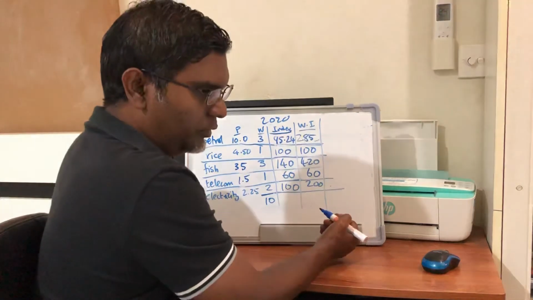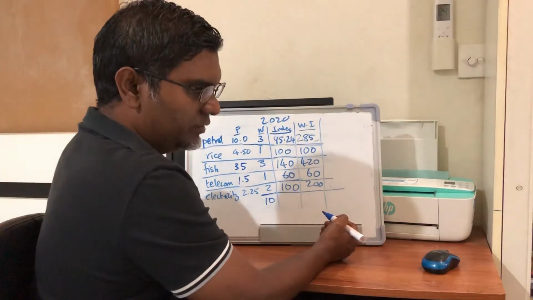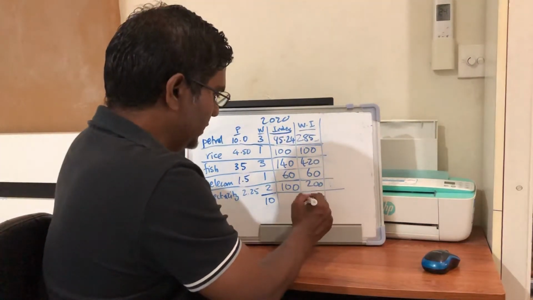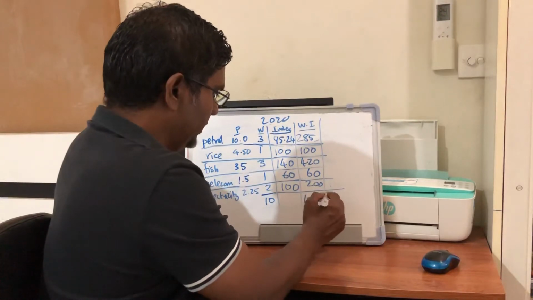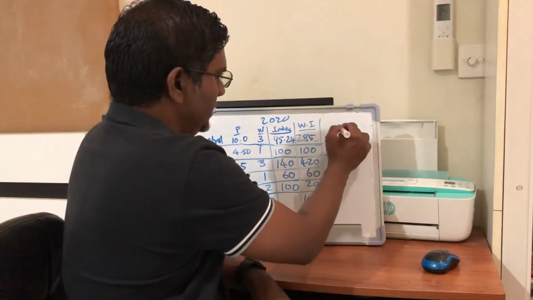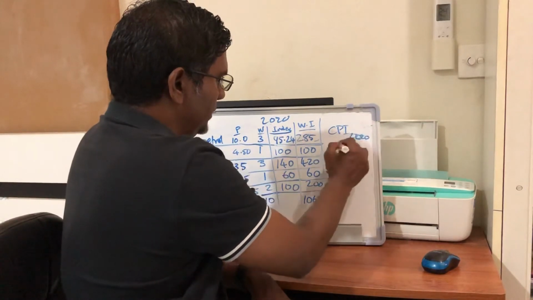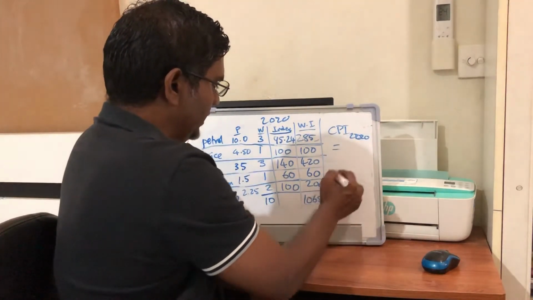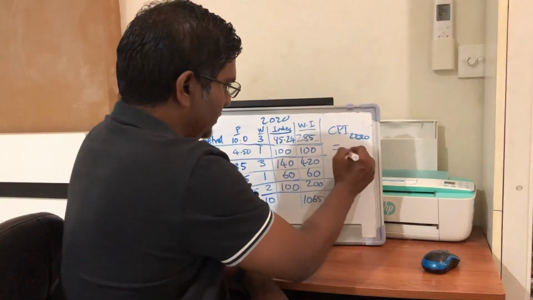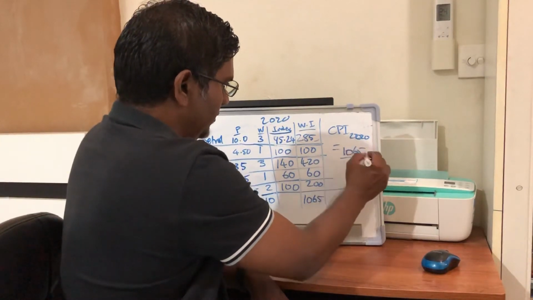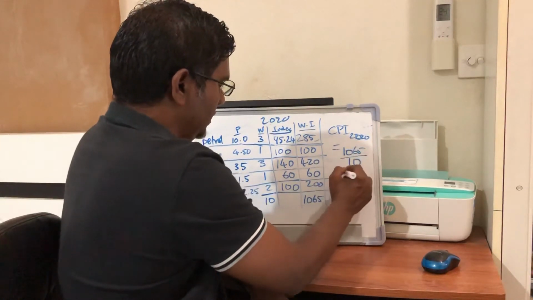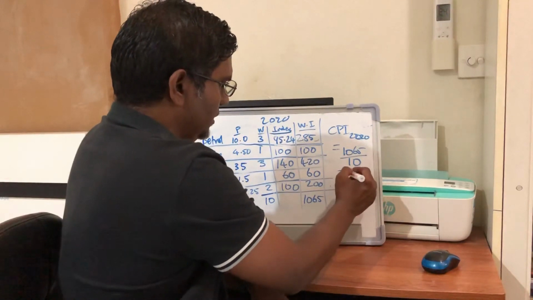So the sum of weighted index would be 1065. So CPI in 2020 would be sum of weighted index, that is 1065 divided by 10, that would be